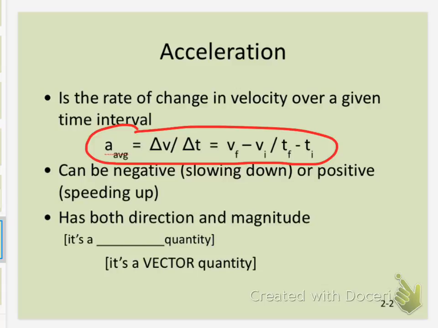That said, we hardly ever deal with the actual times, like at second 1 and at second 15. We usually just give the interval. Over 14 seconds, over 37 seconds, over 2.5 hours, whatever. Acceleration can be negative or positive. Be really careful about the word deceleration.